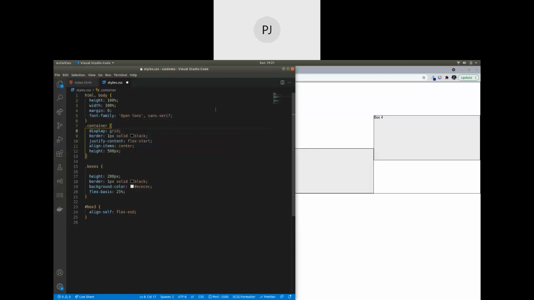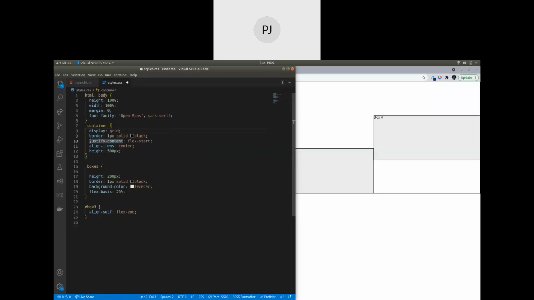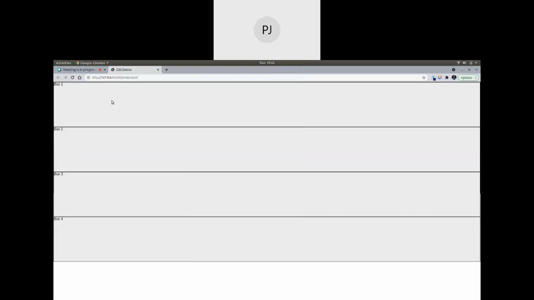Just like flex, for grid also, we need to consider two things. One is the container, which is called a grid container, and the second is the child elements, or the grid items. So what we can do is, first of all, remove all the other properties. Yeah. So when we give this display grid property, all the elements will be aligned